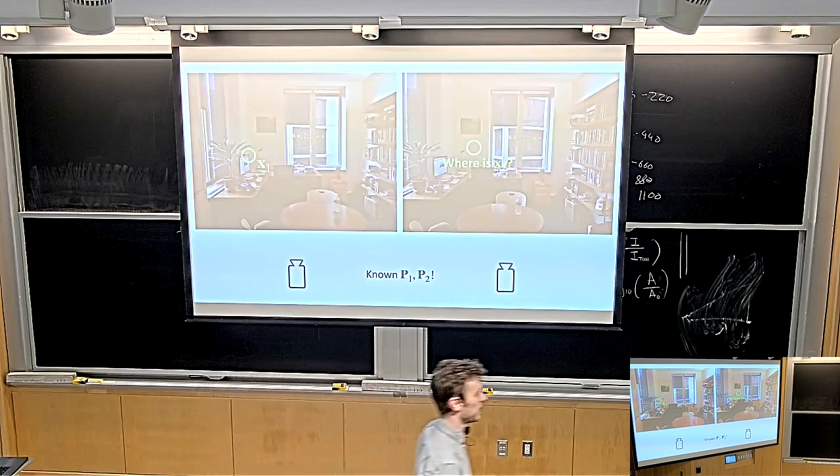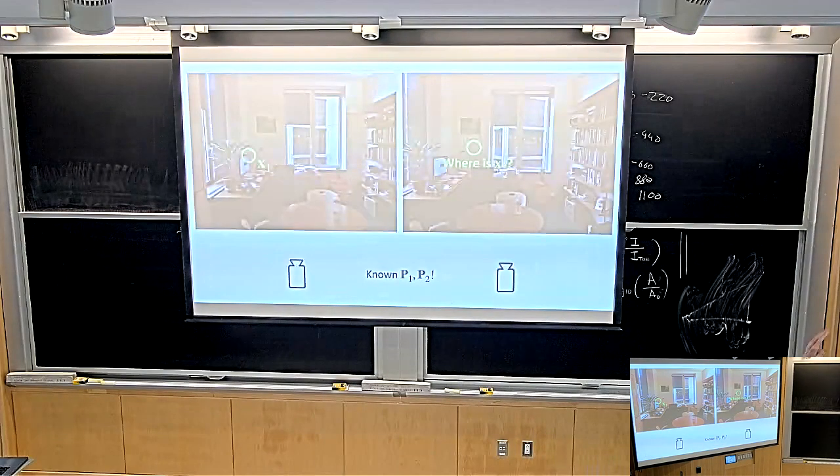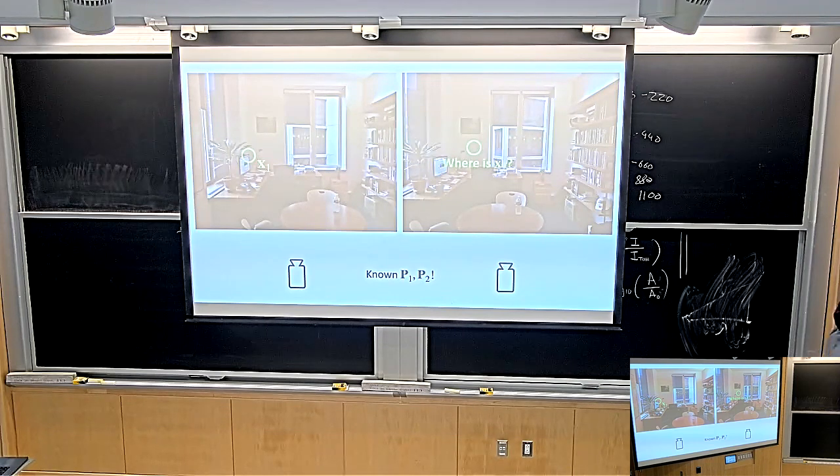Good. So the next problem, let's say I give you again the camera matrices for the two cameras, but now I ask you a slightly different question. I give you a point in one coordinate frame, and now I ask you, where would you look in this image to find the corresponding point in this image? Now, as a human, maybe this is a little bit contrived. I've tried to motivate this with this intuitive example. It's contrived because as a human, you look at the image and you look at the other image, and you're like, that's the same point. But in an algorithm, that's not that easy, right? That is what we're trying to build. Unfortunately, we can't start with that. So in an algorithm, it's a slightly more complicated problem. So where would you look in image number 2?